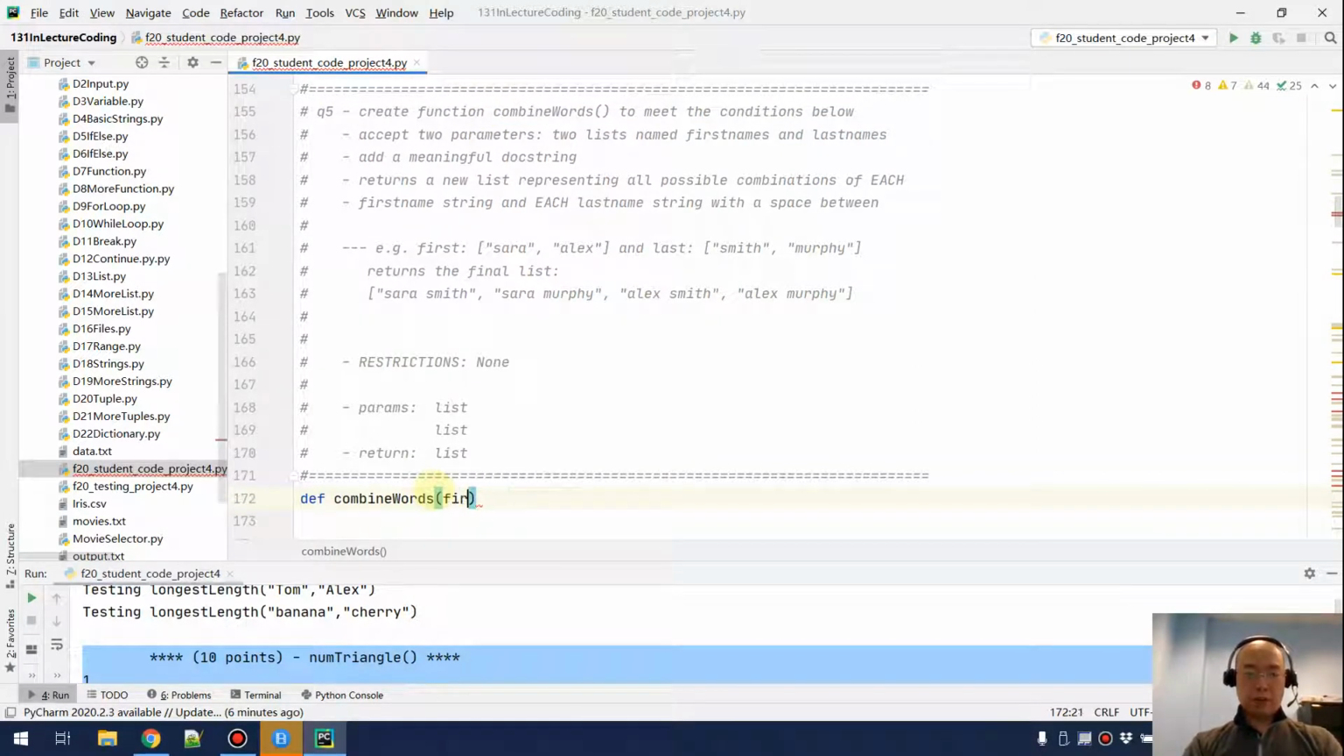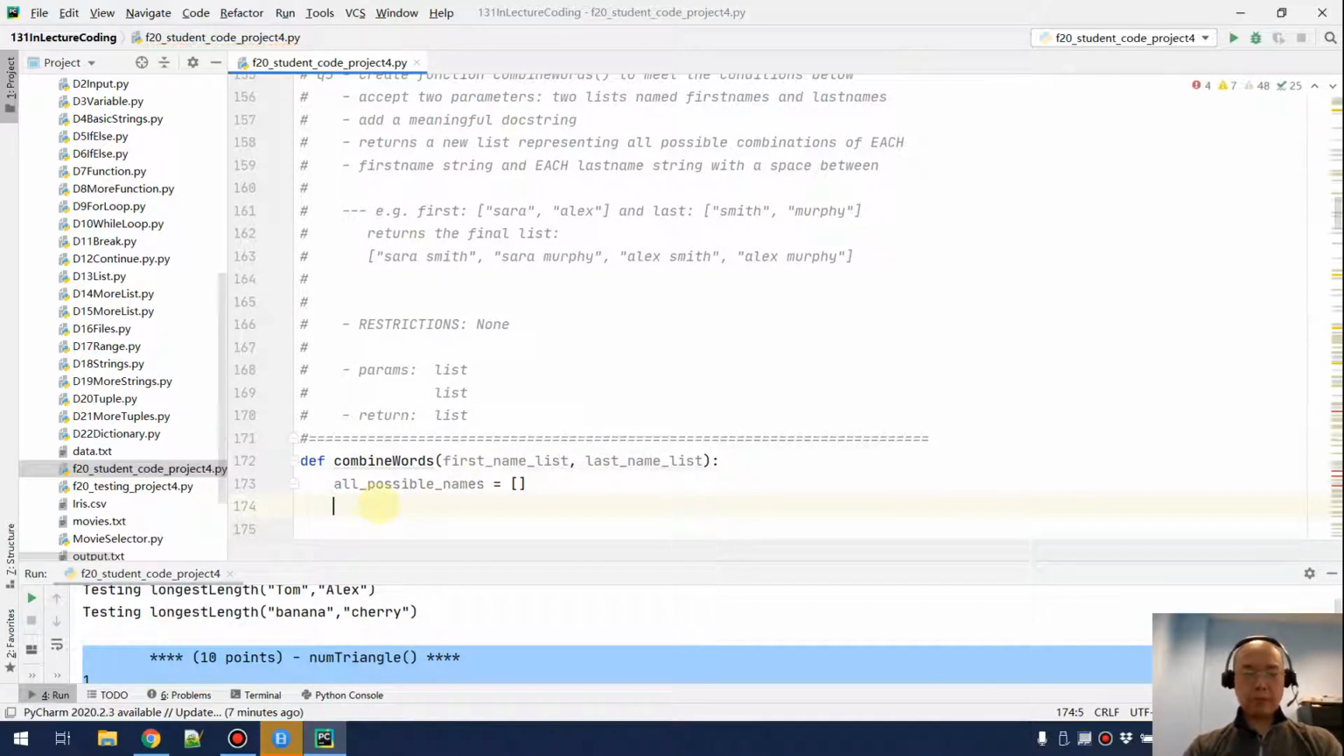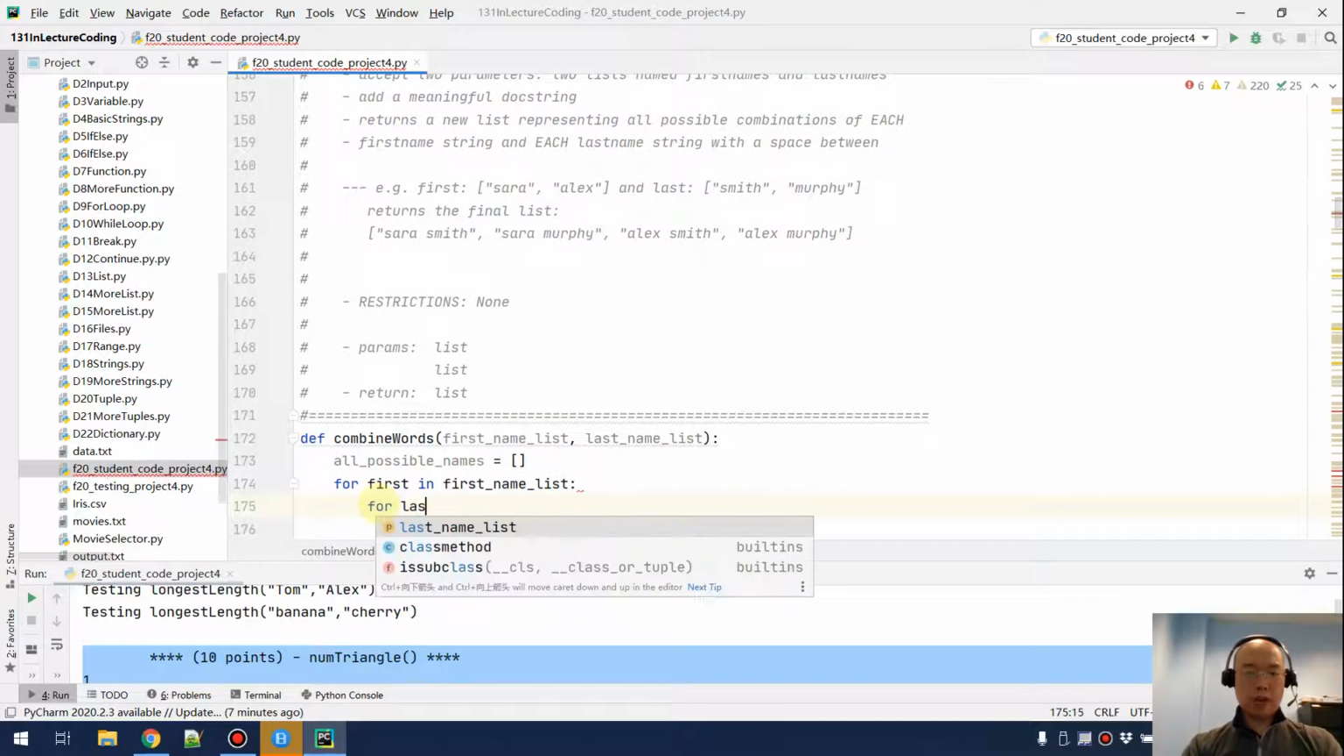First, there are two parameters: first name list, comma, last name list. Okay, and then I want to create a new list for all the possible names. So I'm going to do all possible names equals an empty list, and then I want to do for first in first name list, and then for last